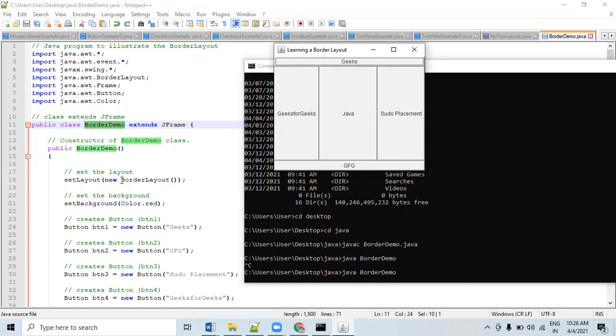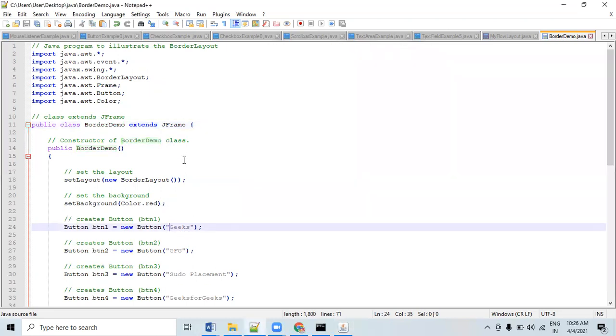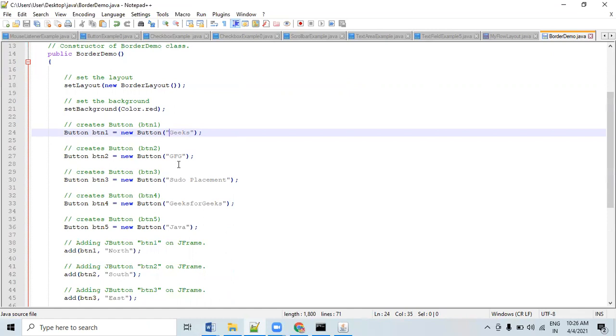In this example, if you change the listener here, you can change the set layout. Then here, the delay, you can change, and whatever you want you can write. Okay, so